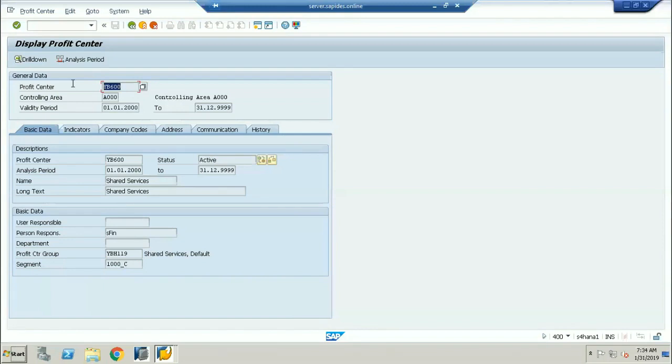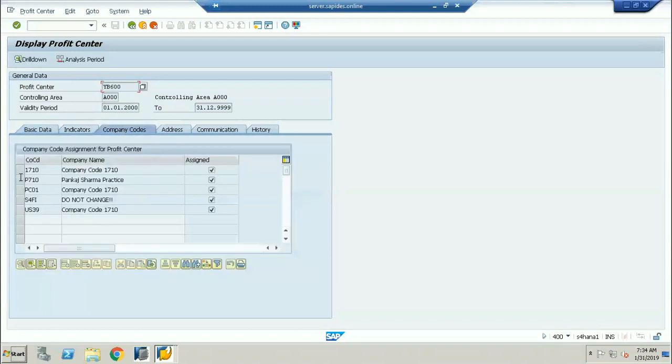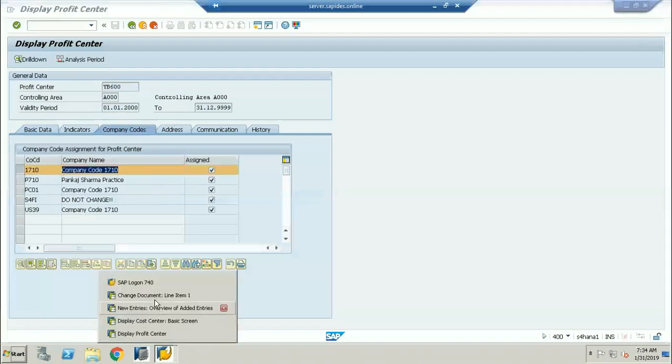A very, very important concept. So this is the profit center. If I go to the company code, there is an option called company code. If I click on it, you can see the profit center has been assigned to this particular company code. Company code data is available here. So based on this assignment, if I see the reports,